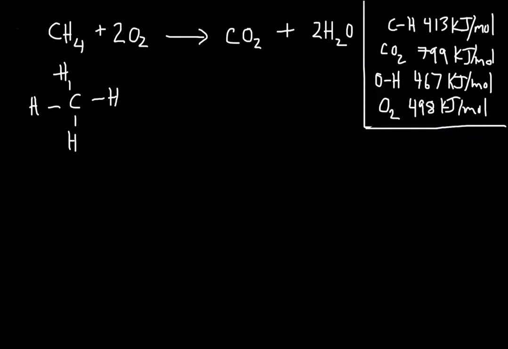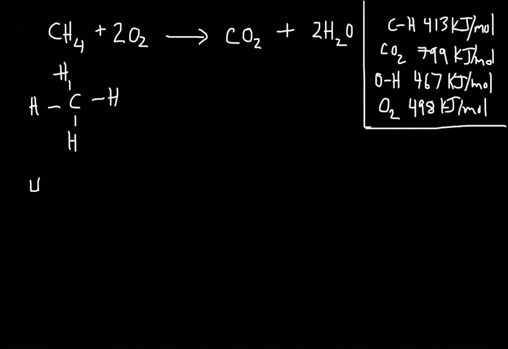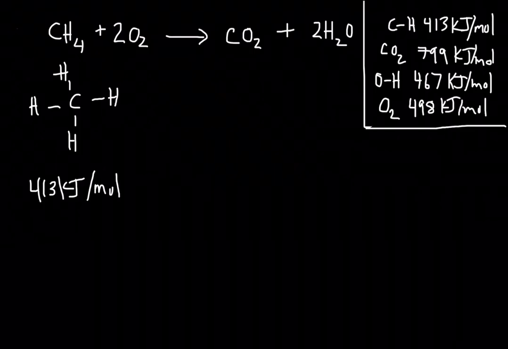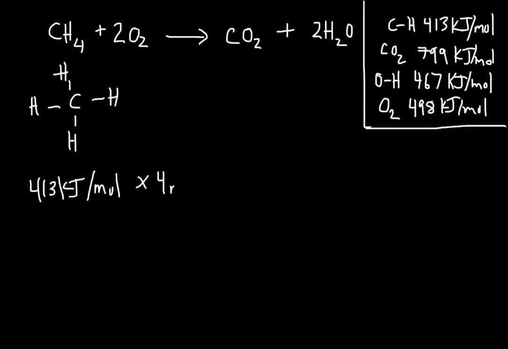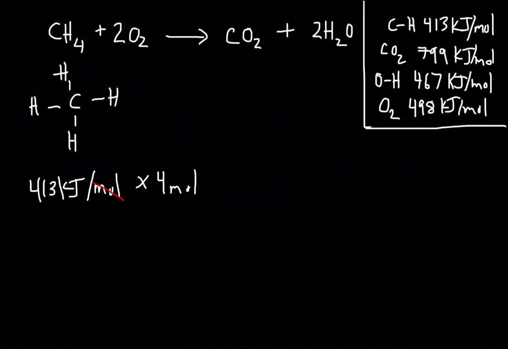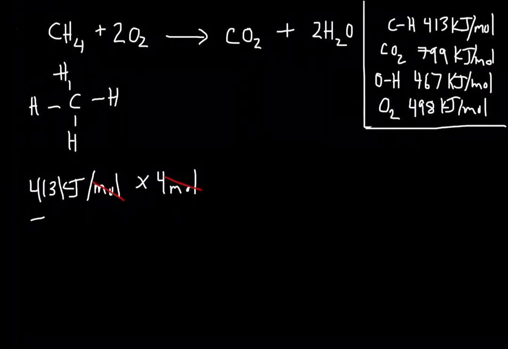And we are given the bond energy for carbon hydrogen, which is 413 kilojoule per mole. Then we have to multiply by 4 mole because there are 4 of these carbon-hydrogen bonds. So 413 times 4, the mole cancels out, and on your calculator, you should get